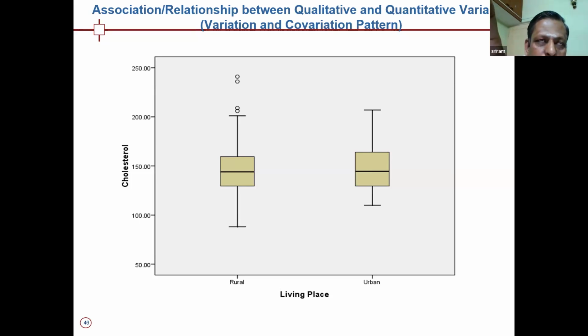Statistically it says an outlier, but that doesn't mean it is an outlier. You have to go back and see whether it is really an abnormal value. Only the clinical person can say whether it is really an abnormal value or outlier. Whether to include it in the analysis or not, you have to decide. The statistician will not decide.